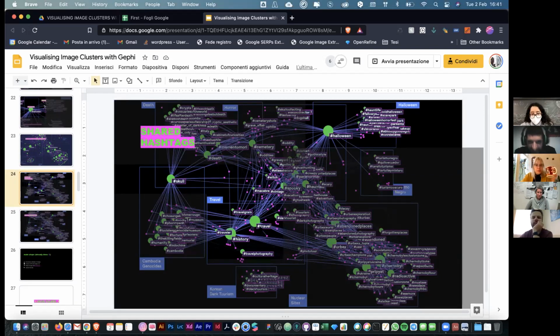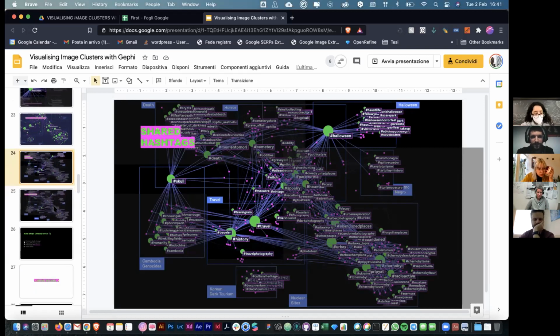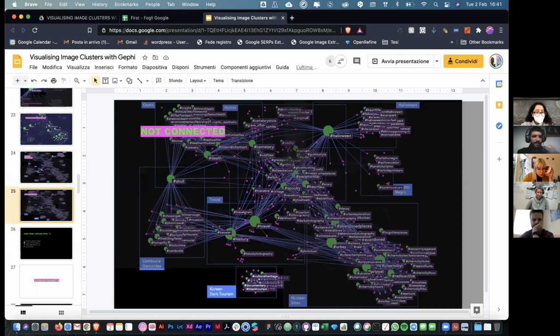I think it's very interesting to see also that Halloween is connected between the cluster called horror and Halloween, of course. So they actually give us a very clear idea on how hashtag works. Horror is connected with Halloween. It's pretty obvious, but we can also see when there are not connected